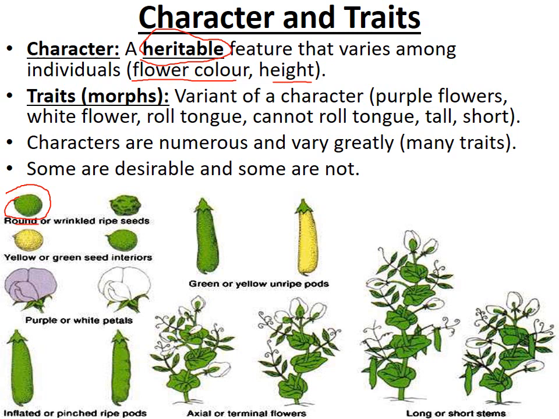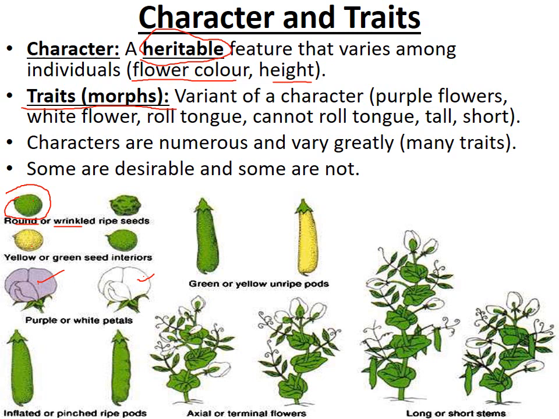Are they round? Are they wrinkled? Different variations of a character are called a trait or a morph. For example, green versus yellow peas, or purple versus yellow versus white flower color. So a trait is a variation of the character. The character is the more broad term, the trait is the